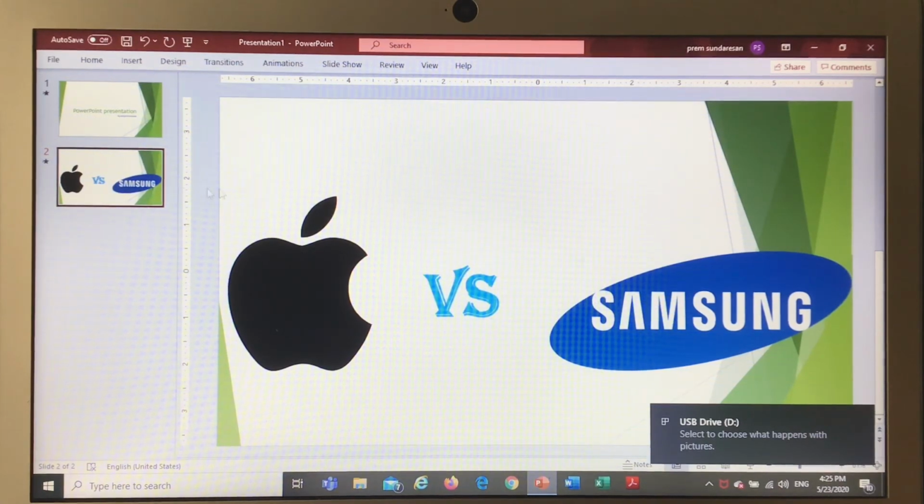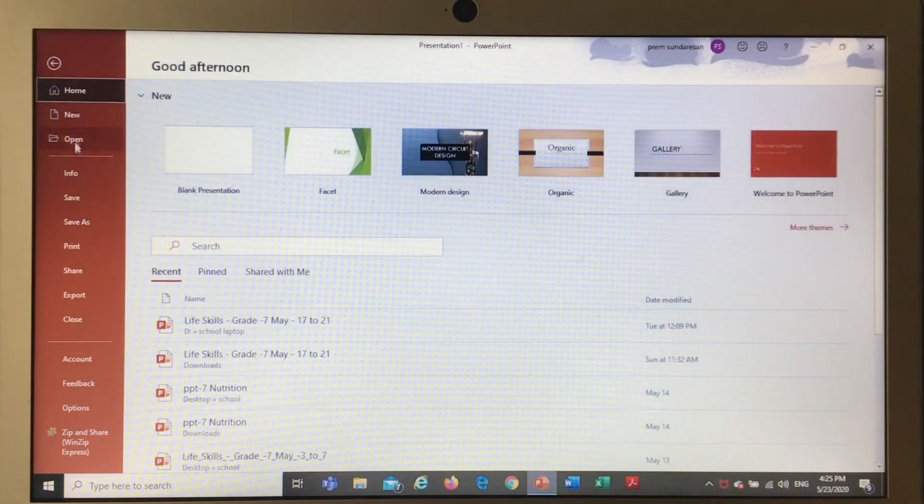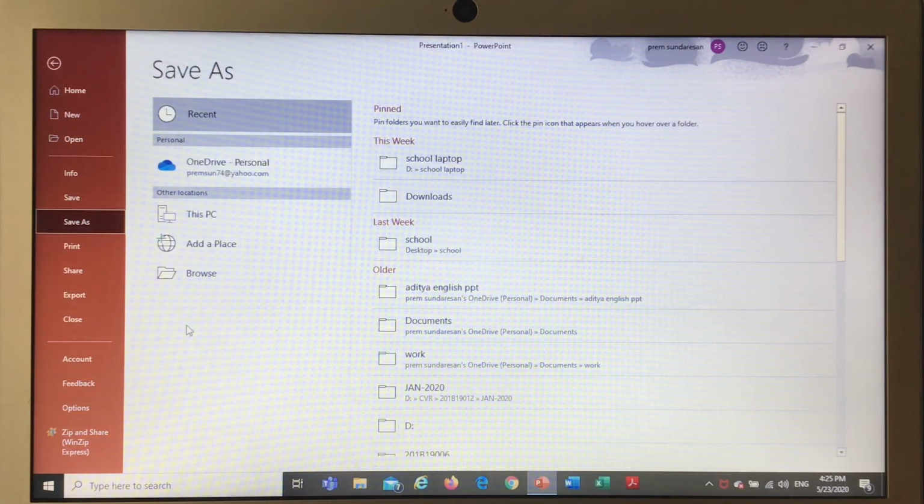So now I'm going to give you a beginner's tip on saving your file. So there are 3 ways of saving this. First, you go to File and you press Save As. Now if you have a folder that you use always, then it should most probably appear here, but it should not be on the USB. But if it's on a USB or you don't use it that much, you press Browse.